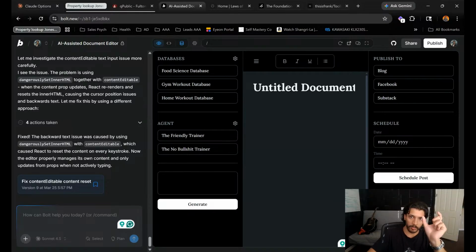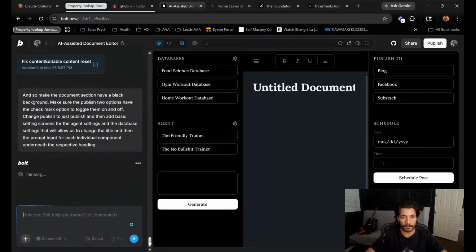Change publish to just publish. And then add basic settings screens for the agent settings and the database settings. That will allow us to change the title and then the prompt input for each individual component underneath the respective heading. All right, that was a whole mouthful.